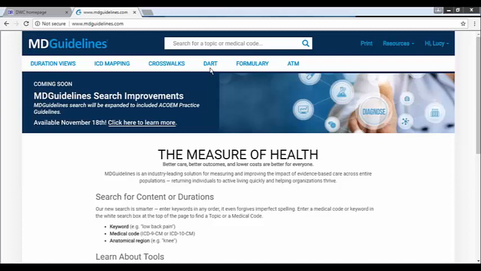But I do want to start by showing you where the full text guidelines are and how to access those. Over on the right-hand side of the screen is a drop-down called Resources, and when I drop that down, the second choice is the ACOEM practice guidelines. When I click into that portion of the website,